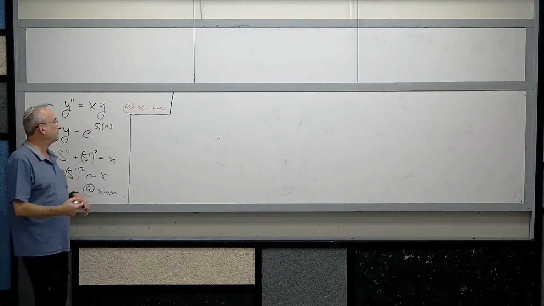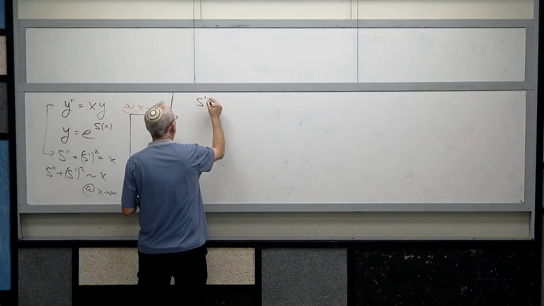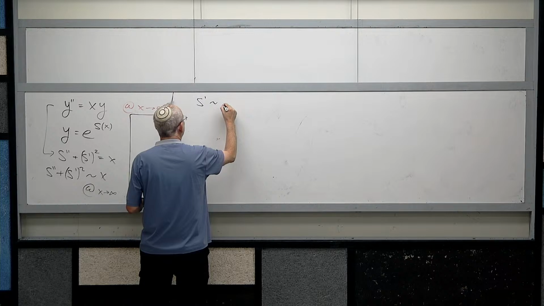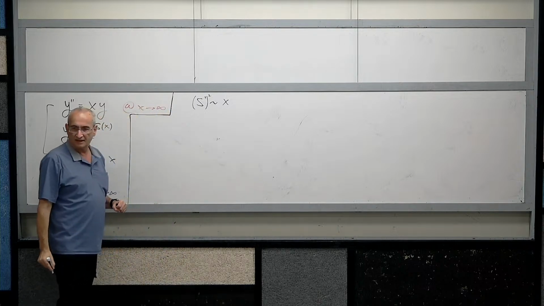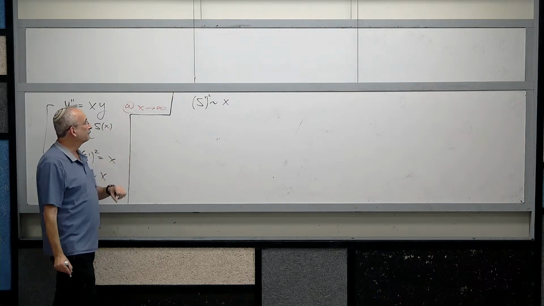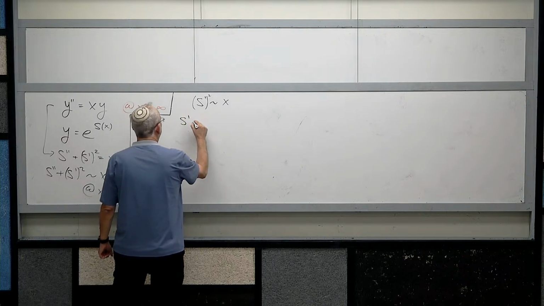And we did find in the last lecture that the behavior at x going to infinity is governed by the balance between s prime squared and the x. These are the two. We tried all the possibilities, and we figured out this one,